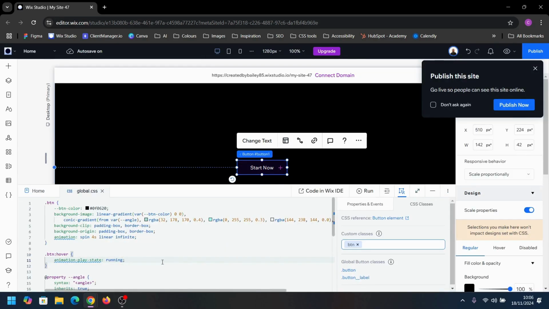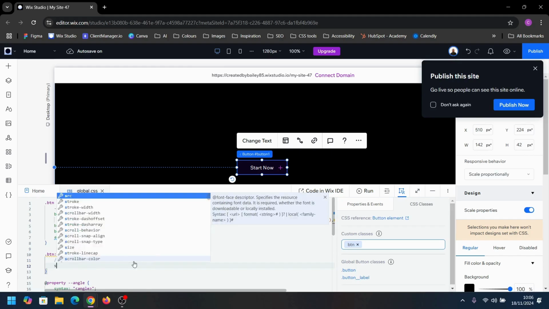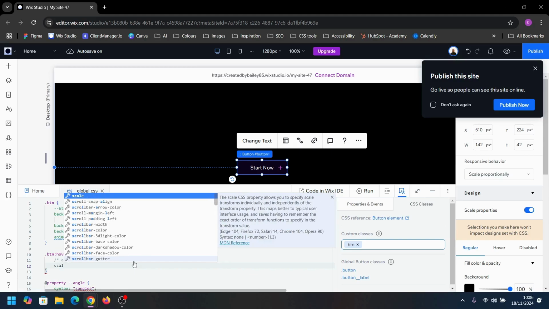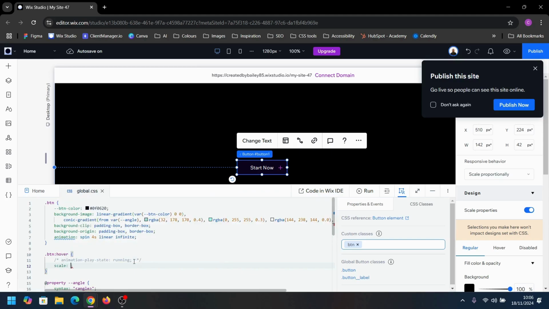If you would prefer to have it running continuously, I'm just going to remove that pause effect and I'm going to comment that back out. We could add a scale in here so that when people hover it, there's an effect to show that they are actually hovering it. I'm going to set this to 0.2,